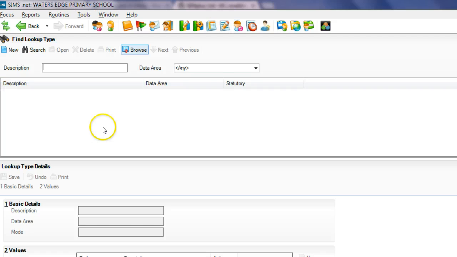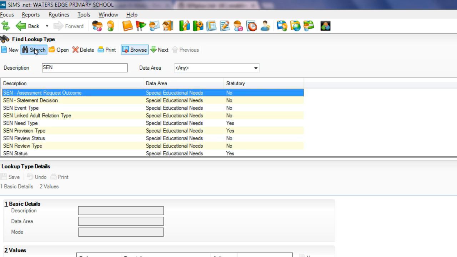You get a new window, the Find Lookups window. So here we go, you can see Find Lookup type, and what we're going to do is search for SEN lookups. So if we type SEN into the descriptions window there and click on the binoculars to search, it'll bring up all the SEN associated lookups, and if we scroll down those you can see SEN